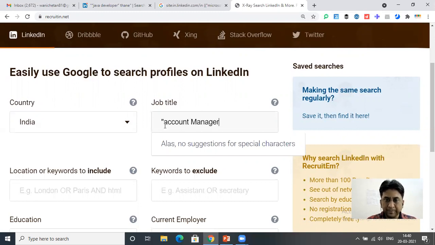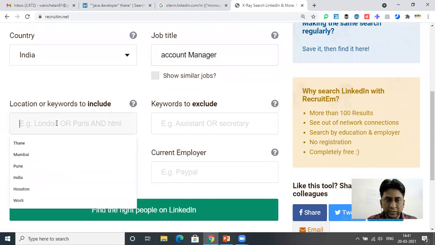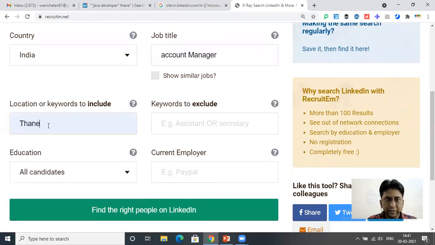This is the title. Then account manager. Now the location or keywords to include is Thane. Then the keywords which I want are Thane and funding. Then space and finalization.